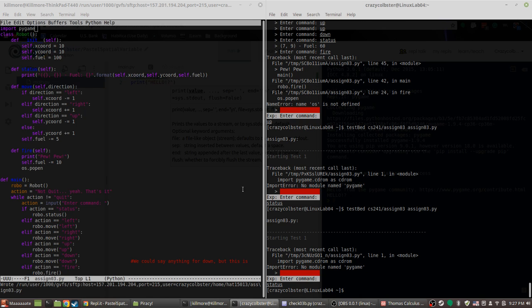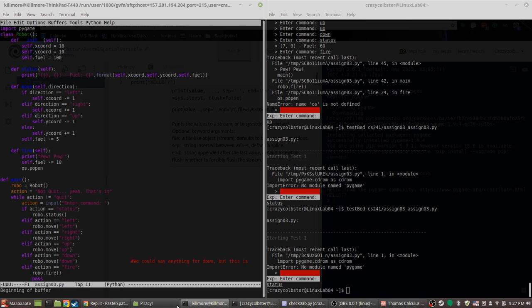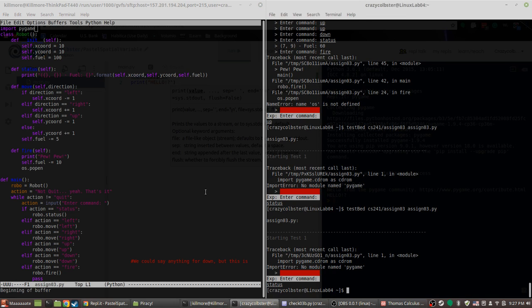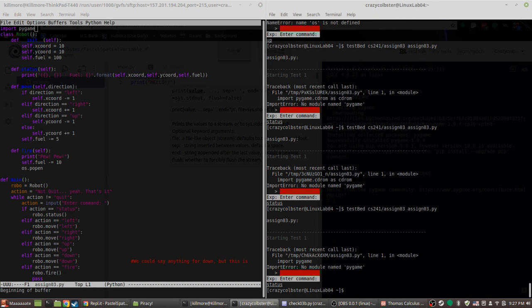So that worked on there. And my code just said import Pygame, right? Import Pygame. But it's not importing Pygame. It just says no module named Pygame.